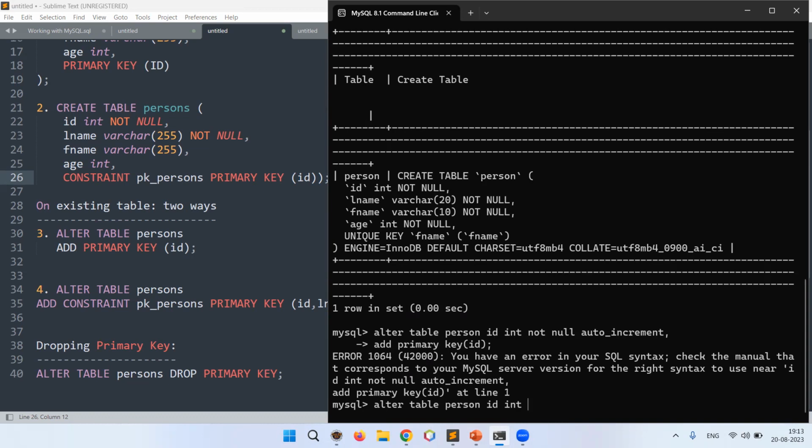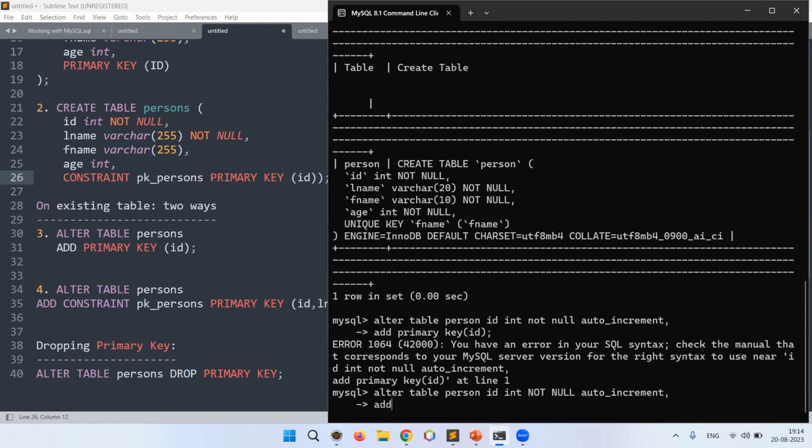Person ID int. Let's say it is not null, auto underscore increment. Spelling is correct, right? Add